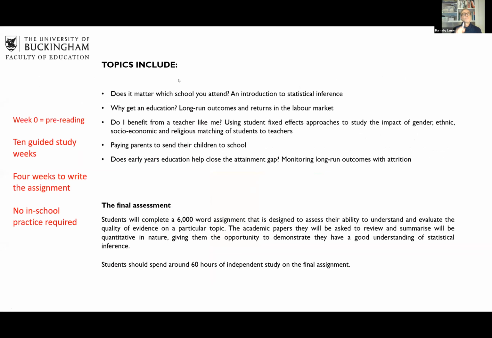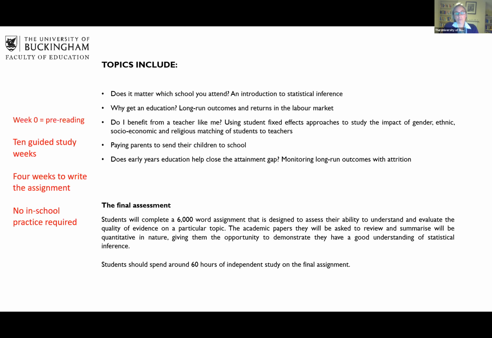So I'm going to leave this on the screen for you to have a read through, but I'll just talk you through some of the red points. They begin their module, which lasts for 1 term and is only available once in the year. So it would be a January selection. You could do that in your first year or your second year, but you would need to choose it in the January window where you make your module selections, and more of that later.